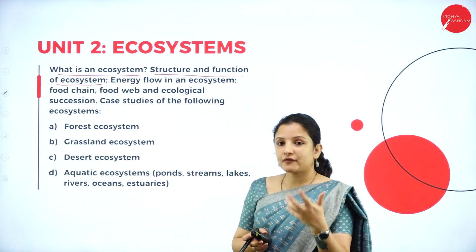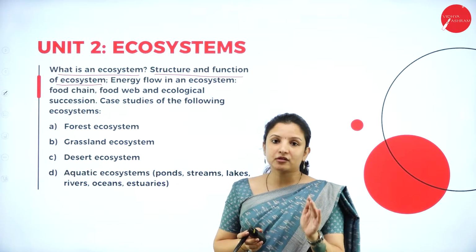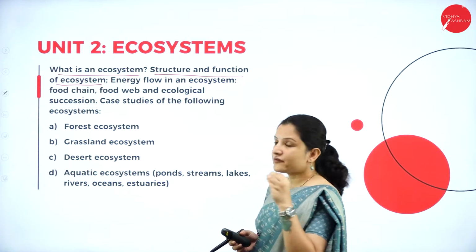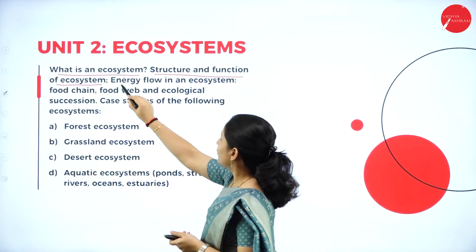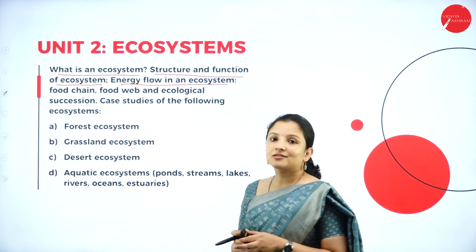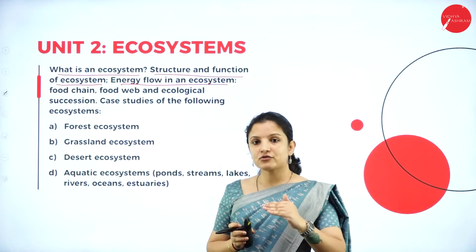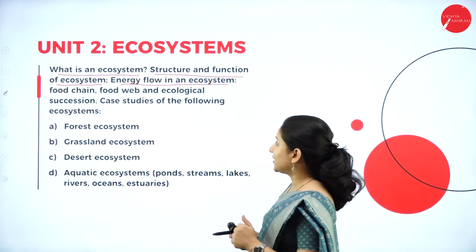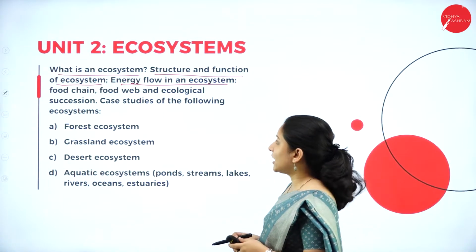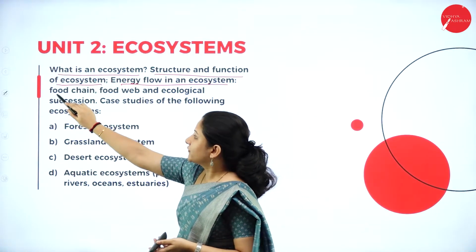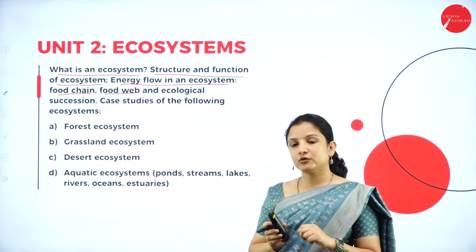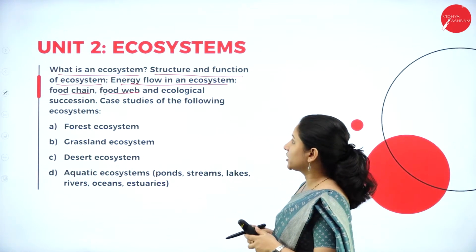there is the structure of the ecosystem depends on a method called as stratification. So that we shall study under this, and we shall study about the energy flow in an ecosystem. So that is how an energy flows from one trophic level to the other trophic level in the food chain, that we shall study about this. It's a very interesting chapter, and we shall study about the food chain, the food web. There is a difference between the food chain and food web, which we will understand under this particular topic or